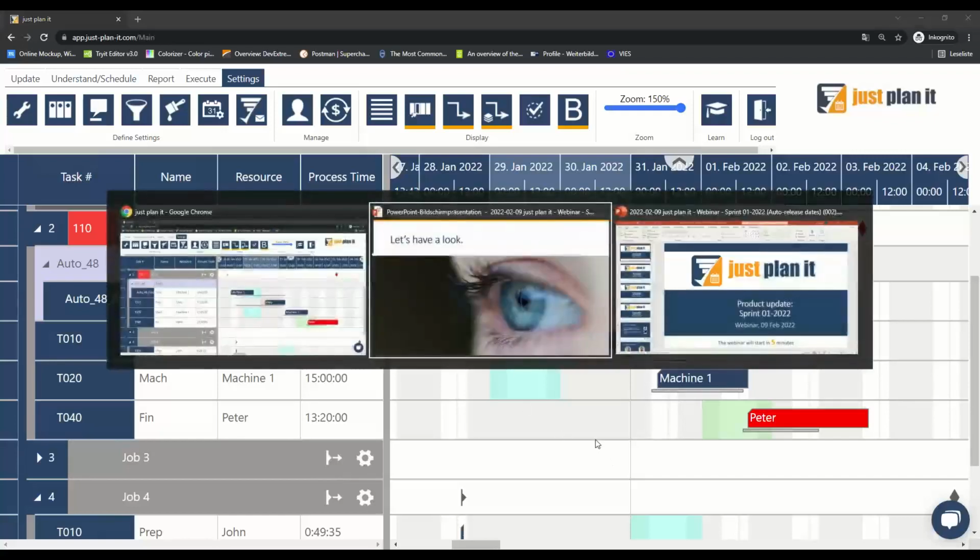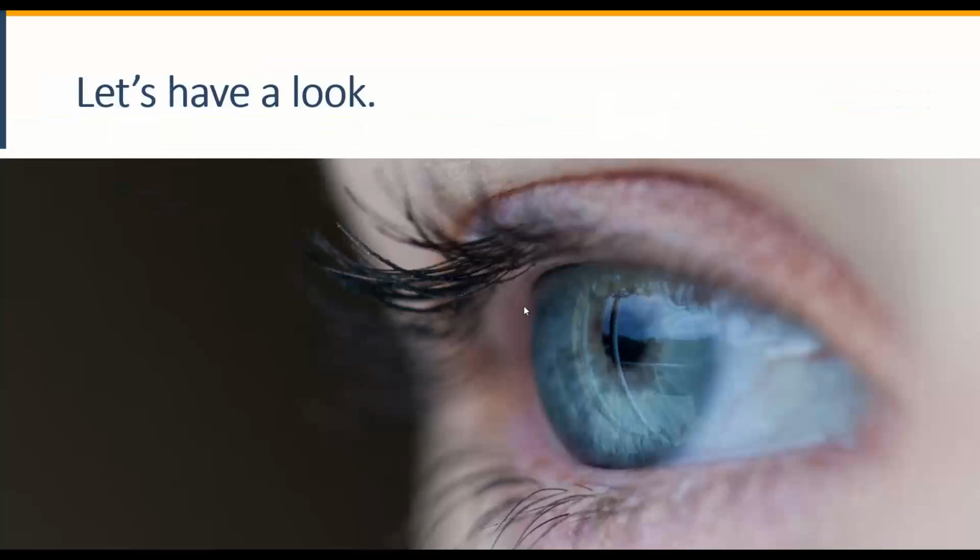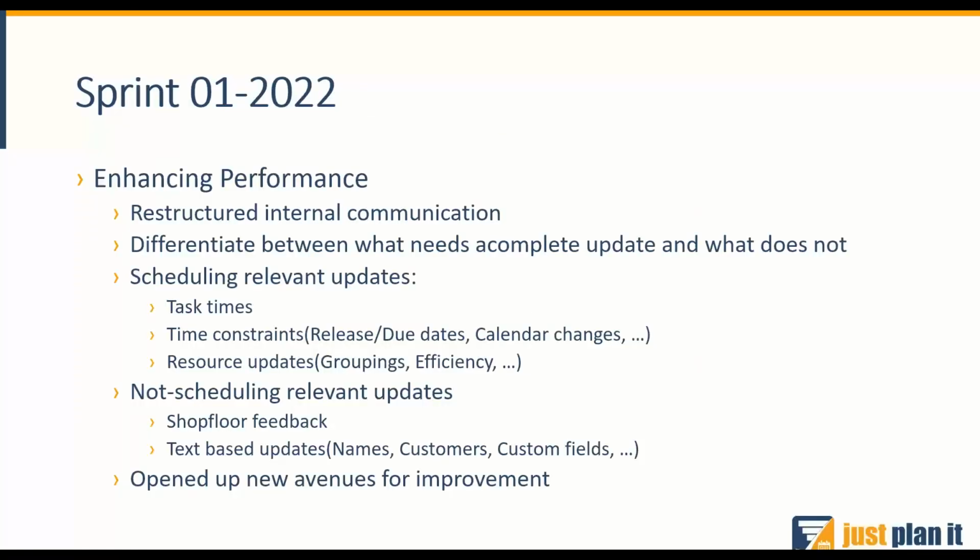Okay, now let's take it back to the PowerPoint and discuss what else we did. The next thing we did is we started with what we have written down here as enhancing performance. This, of course, we are always doing, but we're now focusing on specific areas, and we will talk about this a bit more detailed later, and do this for the next couple of sprints,